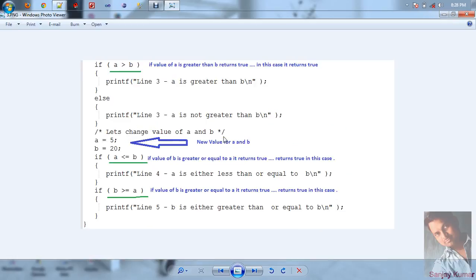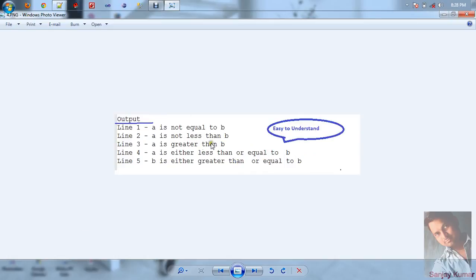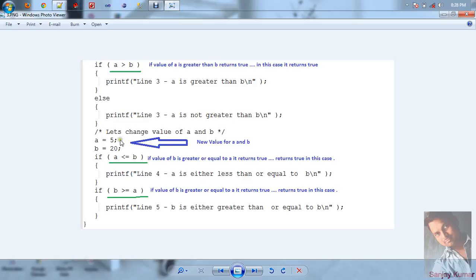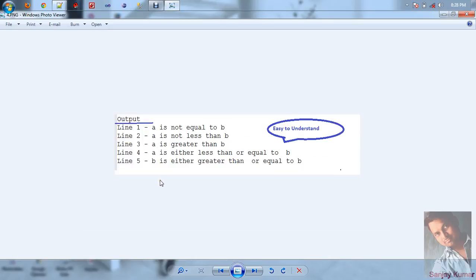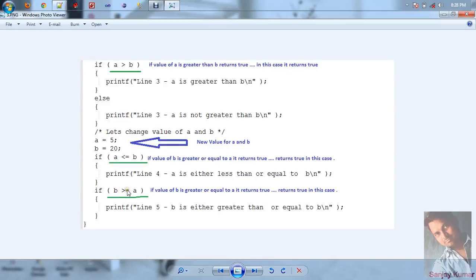For the third condition, a greater than b, obviously 21 is greater than 10, so line 3, a is greater than b executes. Now for this condition, b greater than or equal to a, 20 is greater than or equal to 5, obviously, so line 4, a is either less than or equal to b will be printed. Now for line 5, obviously this statement is also true, so this statement will be executed.